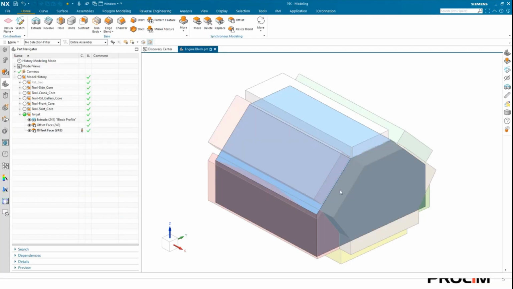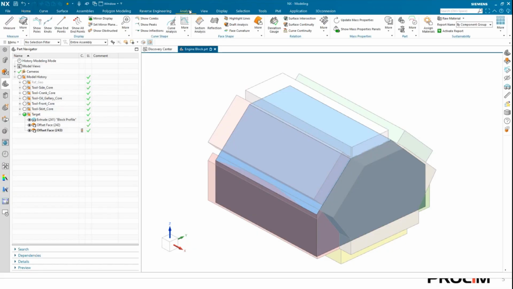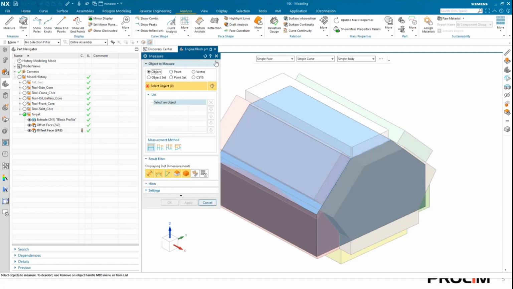So here I've got my little body over here, and what I'm going to do is go to my analysis tab and my measure command. Now, as I'm opening this up, one thing I'm going to do is reset it to default. This button resets a dialog box, that particular dialog box, to its default properties. So right now, once I've clicked it, it's exactly what you're going to see if you opened up NX